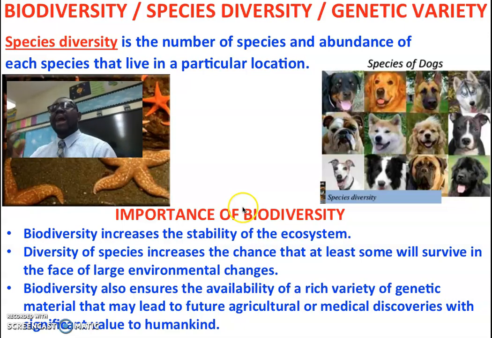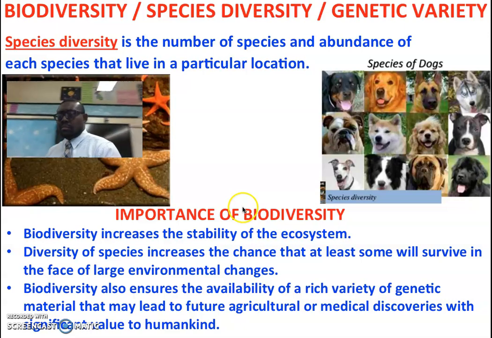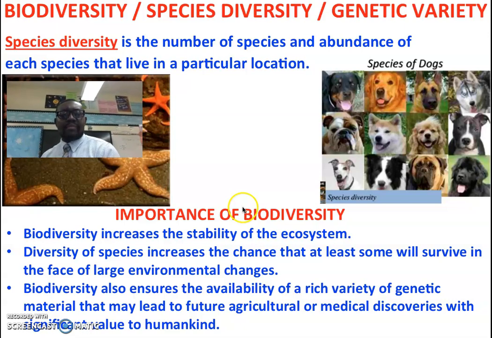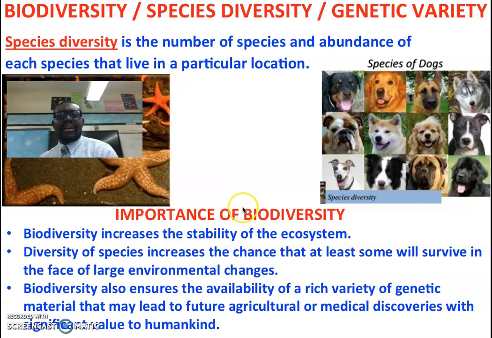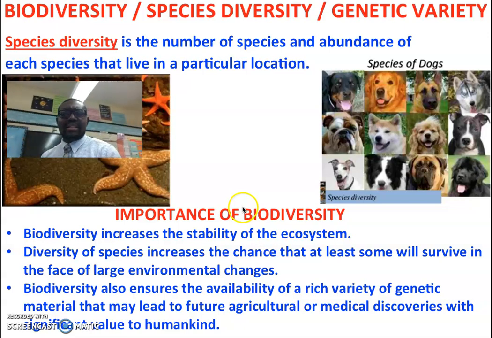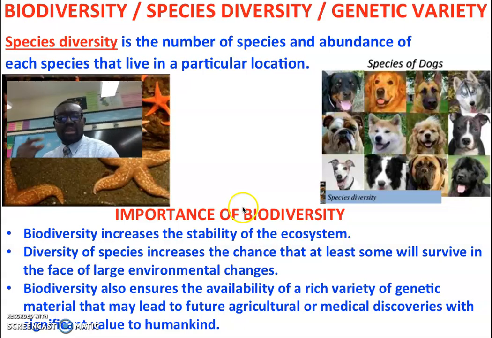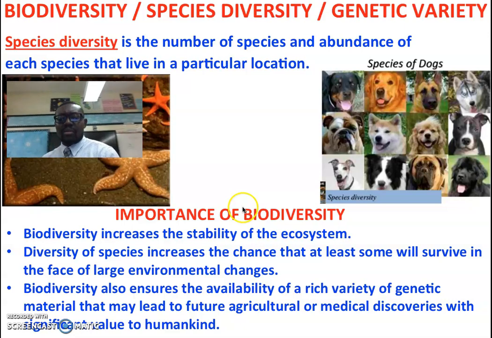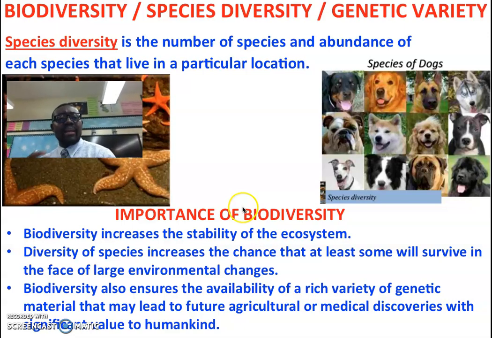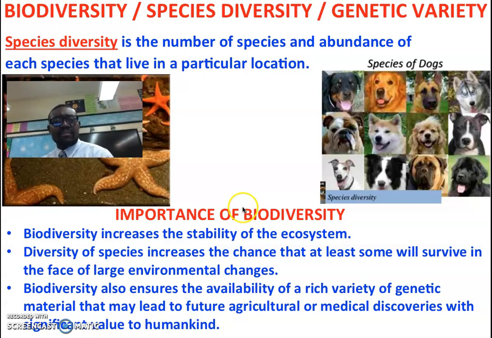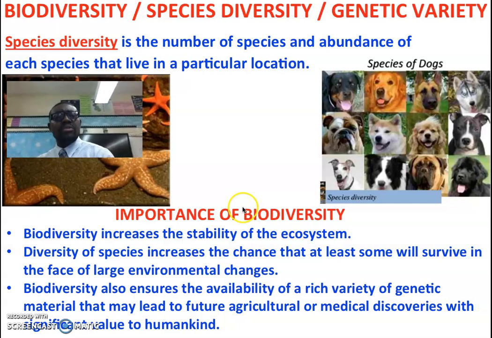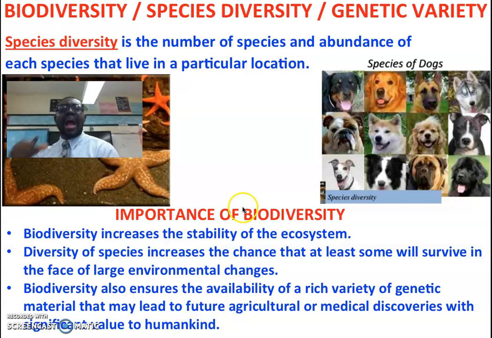So that means if you have a large variety of organisms or species in an area, you can benefit from getting material that may lead to future agricultural or medicinal discoveries, because you have a large variety of genetic material. Okay, so these are the importance of biodiversity. And always we should remember that when we add organisms to the ecosystem, that means we are increasing